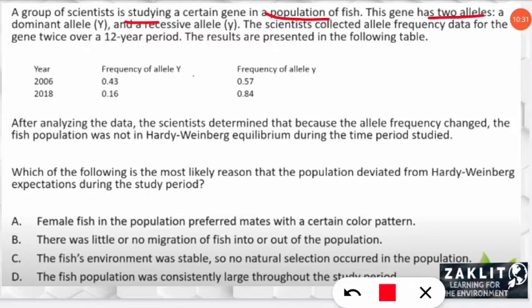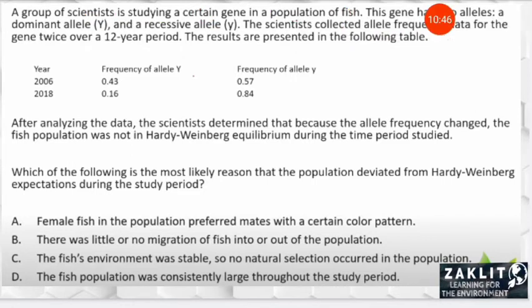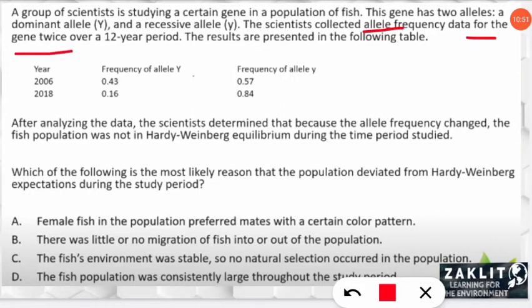So as we discussed in the last two questions also, there were two alleles. That means it is talking about diploid condition. So the dominant allele is Y and the recessive allele is small y. So capital Y is dominant. Then what the question is telling is that the scientist collected allele frequency data for the gene twice over a 12-year